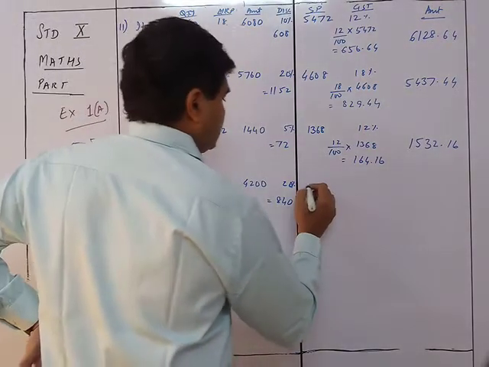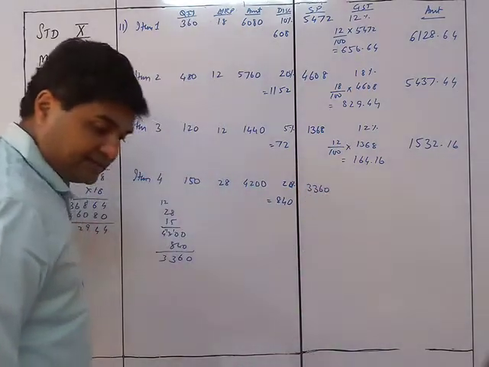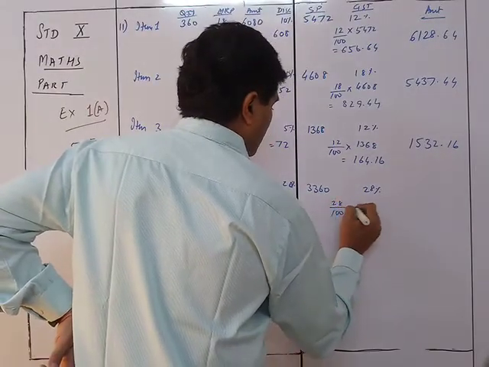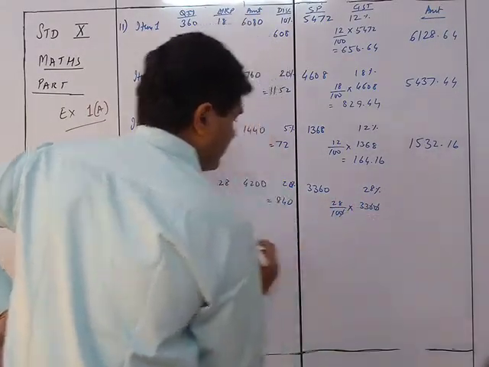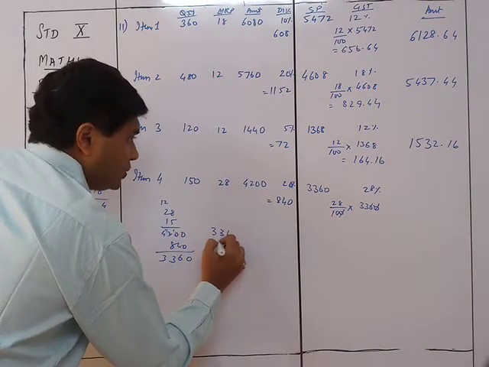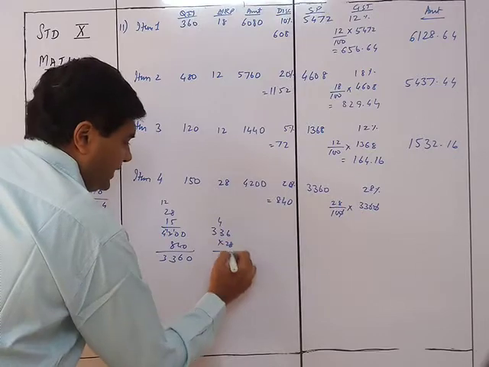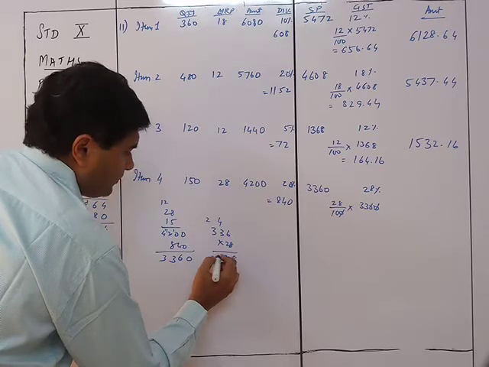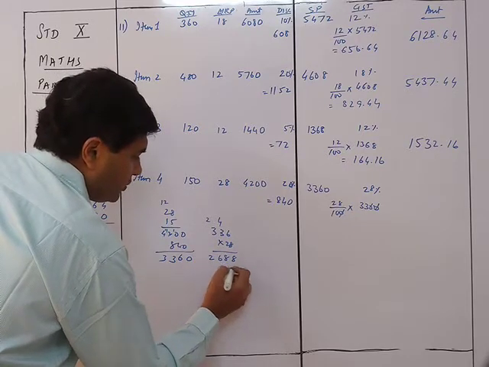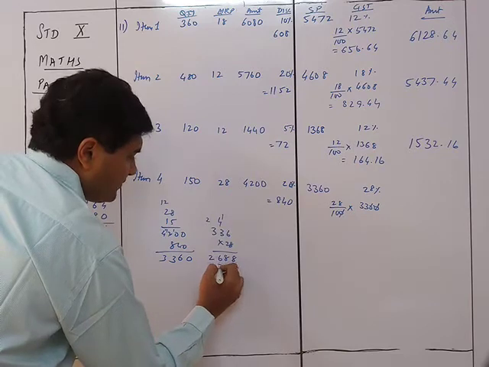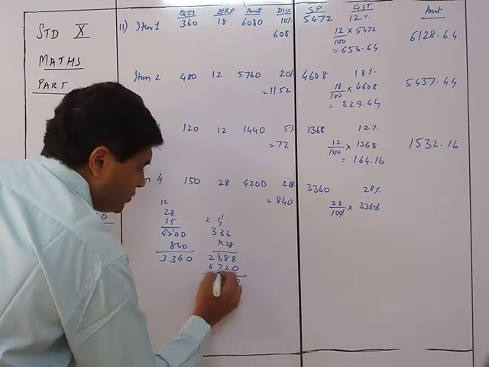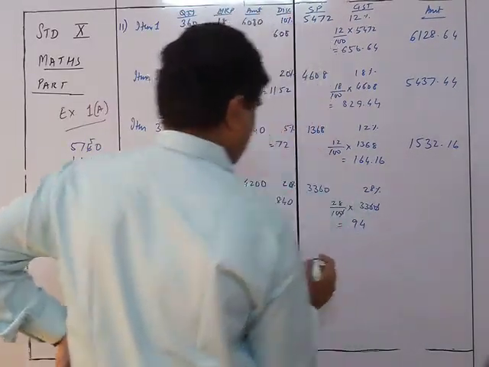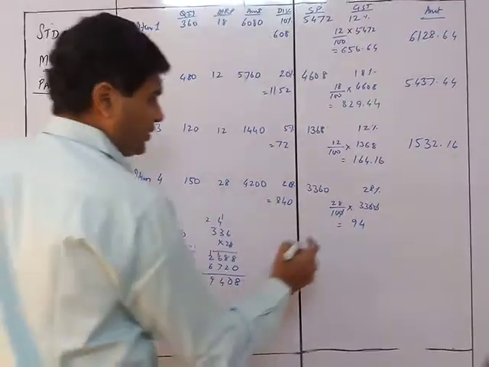So it will be 3360, and the tax is 28%, so that's a huge percent. So 28 upon 100 into 3360, so that will be 336 into 28. 6 is the 48, 24 plus 4, 28, and 24 plus 2, 26. 0, 12, 6 and 7, 6. So that will be 8, 0, 14, 9. So 28% will be 940 rupees 80 paisa.